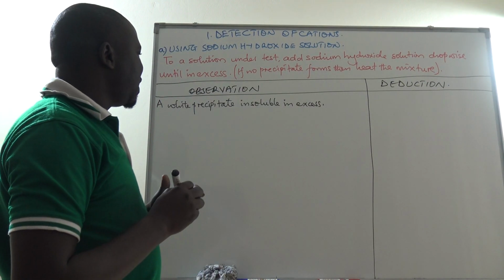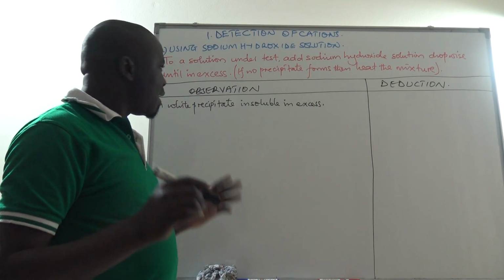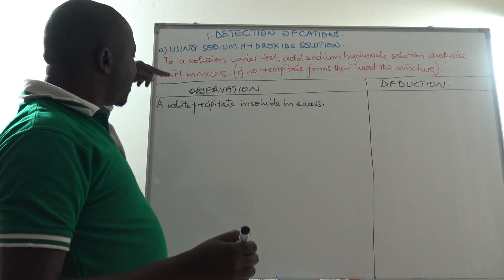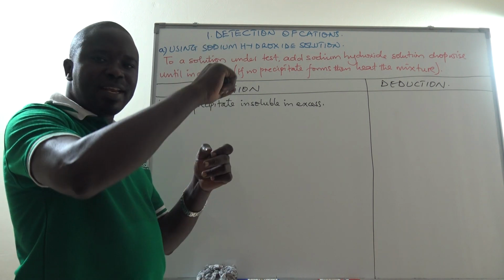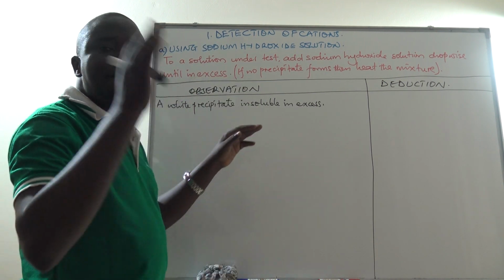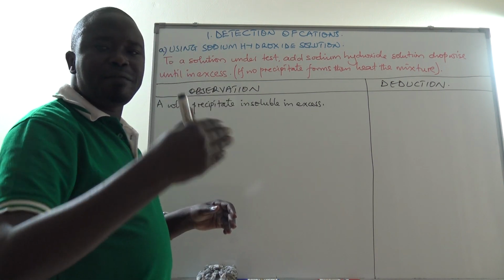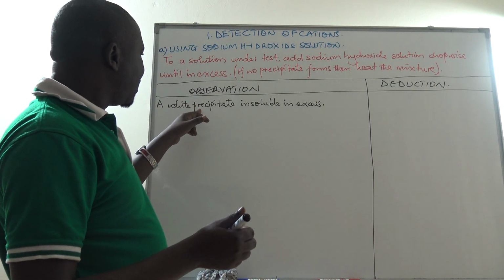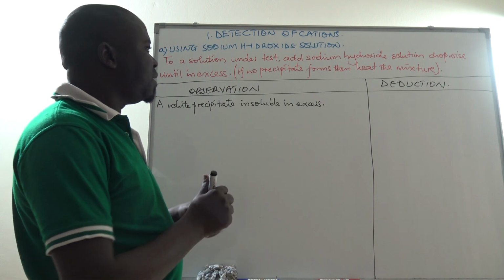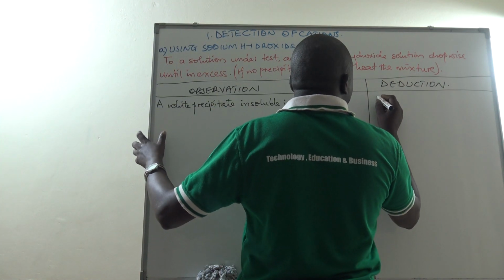A white precipitate insoluble in excess. That means I added the reagent dropwise, some few drops, I got a white precipitate, then I added in excess, it failed to dissolve. Then this is a characteristic observation of calcium ion,